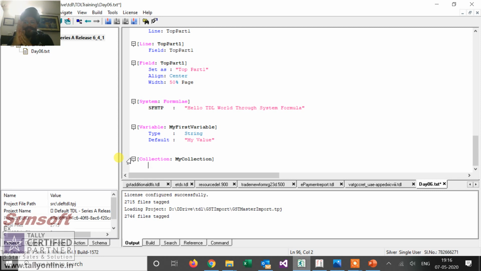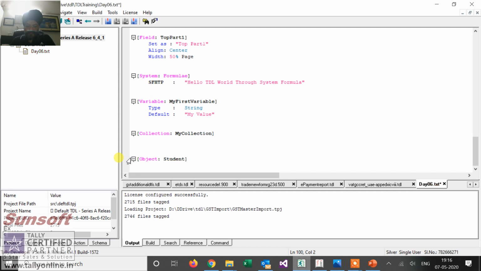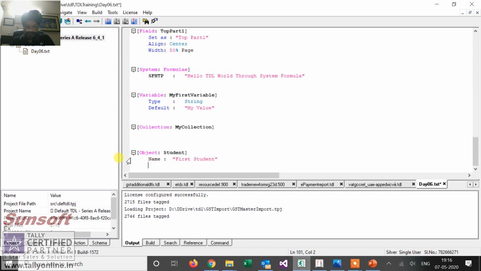Now, let us define an object first. So I am defining an object student in which I have name as first student, class as class 1.